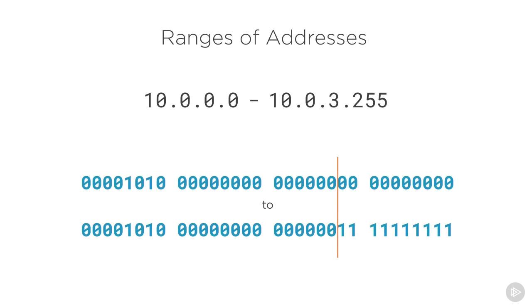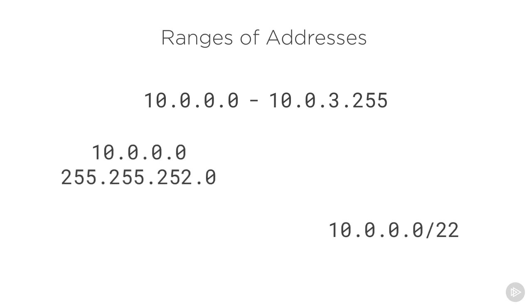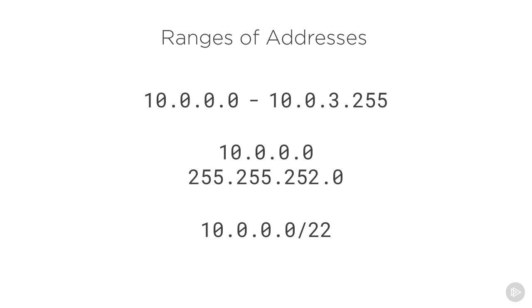It's not till the 23rd bit where the values begin to change for each address. So if we look at this, the network address here is 10.0.0.0. The broadcast address, which has all 1s in the host portion, becomes 10.0.3.255. And that happens when we apply that subnet mask with 22 bits in the network portion and 10 bits in the host portion. What that translates to is 10.0.0.0 with a 22-bit mask, or